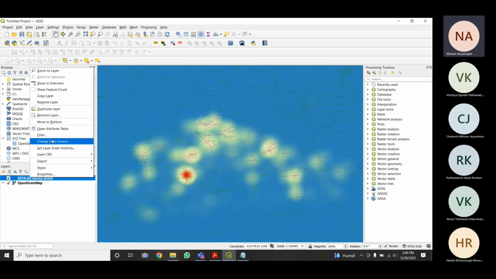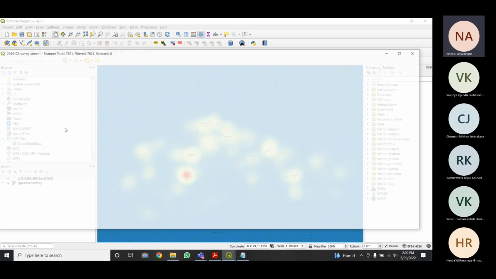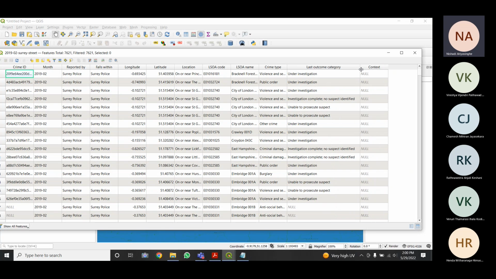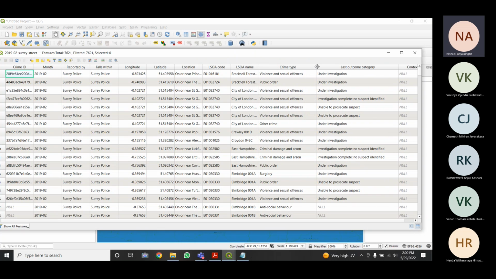So here, if you go to the attribute table, you can see that even though it says this is a set of criminal data, a lot of data which is not actually required for criminal analysis can be seen here, right?